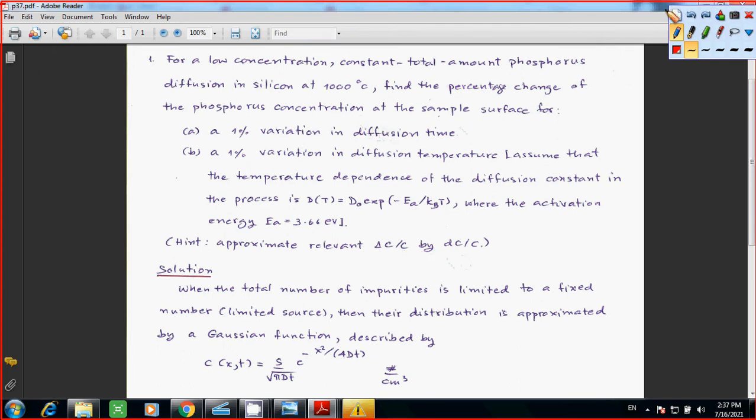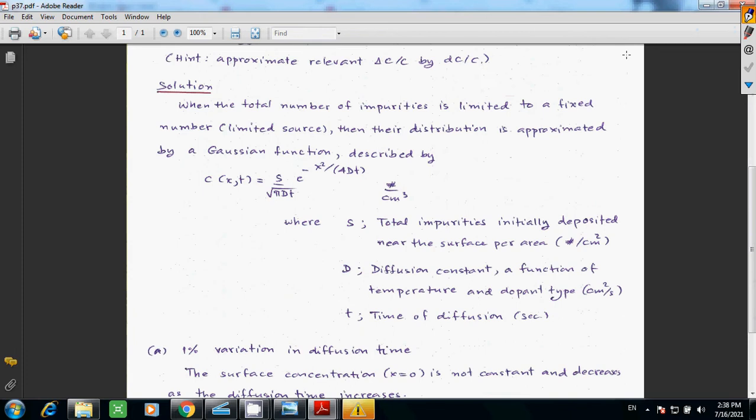However, the main point is that as you find the percentage change of phosphorus concentration, you have a 1% variation in diffusion time, so the time change, for A. And for B, this is the temperature change. However,